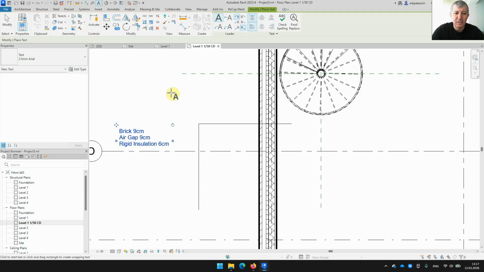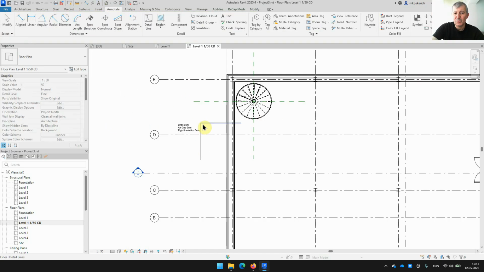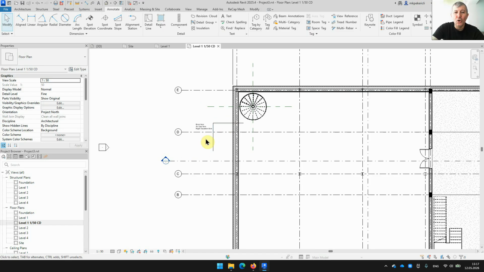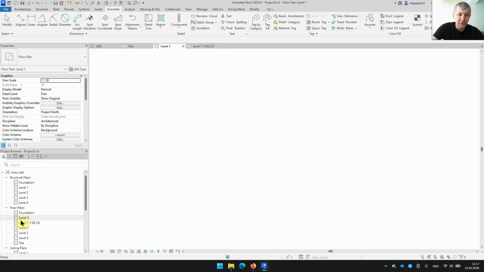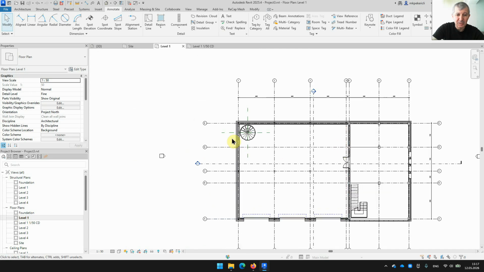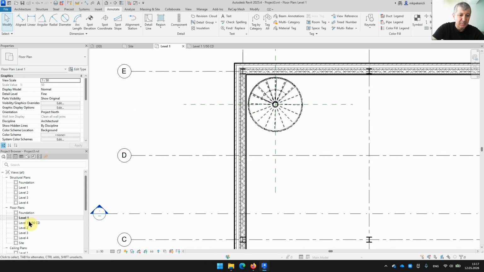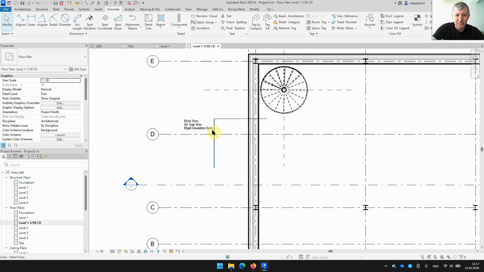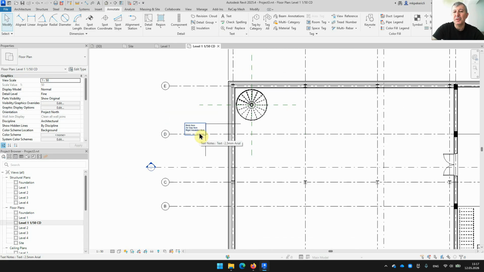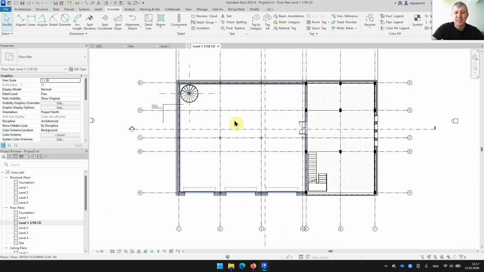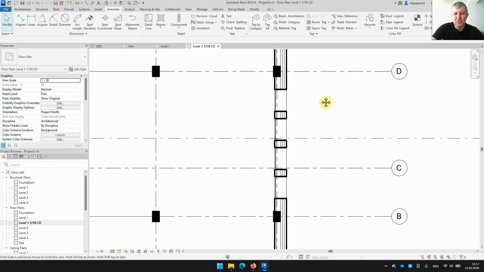So basically I can put the material list like that as a text. Now this text only appears in this view. If I go to level 1, it's not there, okay, but for this level it appears. The other thing that we can do is we can add